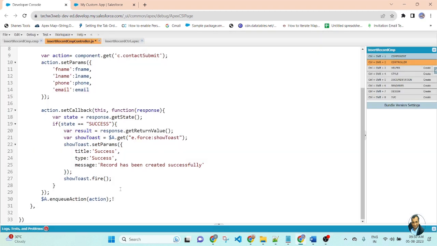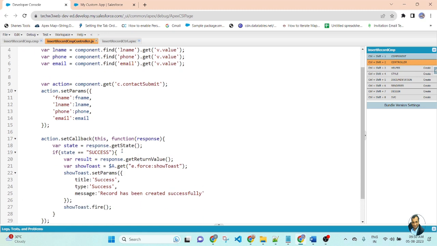On line 31, this is extra. Now I am going to save the file. Now the file has been saved successfully.